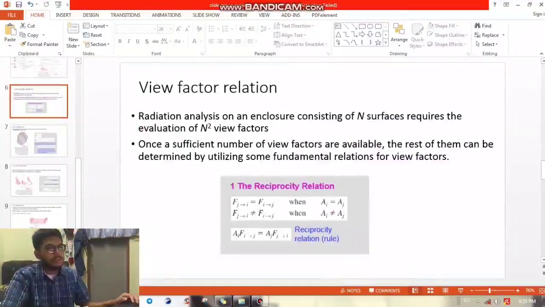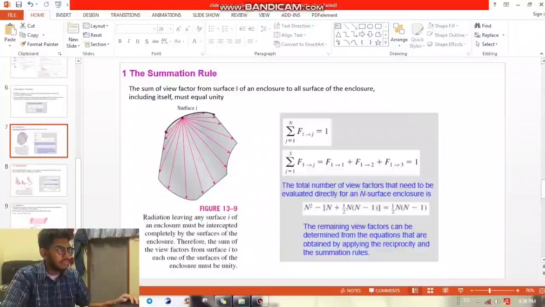Okay, next I will talk about view factor relations. Radiation analysis in an enclosure consisting of n surfaces requires the evaluation of n squared view factors. Once a sufficient number of view factors are available, the rest of them can be determined by utilizing some fundamental relations of view factors. So these are the reciprocity relation. So next we have